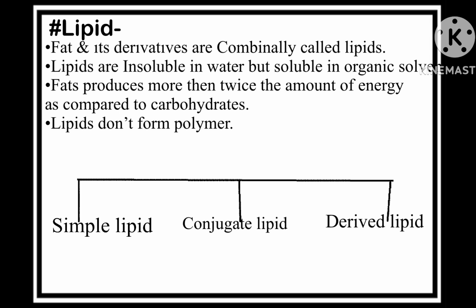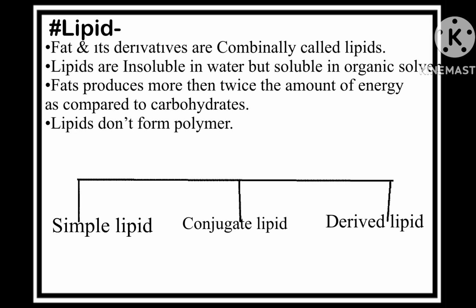And as we already know, animals store the maximum amount of food in the form of lipid. In these animals, fats and lipids are present in the subcutaneous layer and work as a food reservoir, and one more is a shock absorber. So you will see these things in the tissue chapter in more detail. And again, the second thing is lipid requires very little space for storage as compared to carbohydrates, because lipid molecules are hydrophobic and very condensed in nature, so they don't